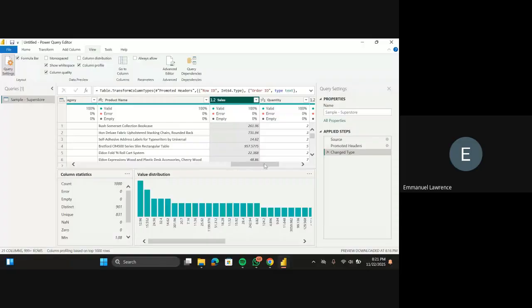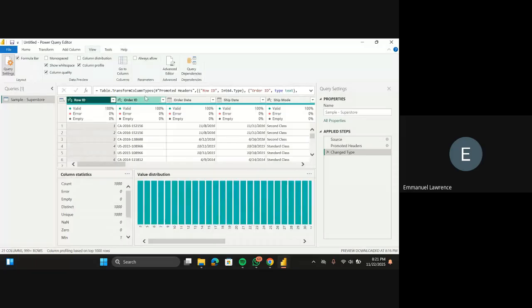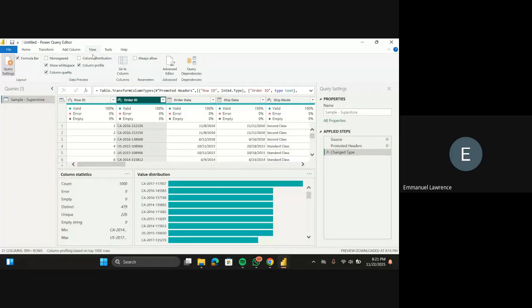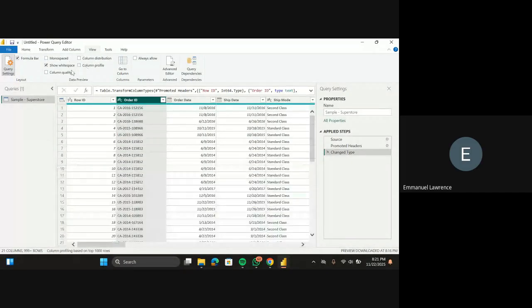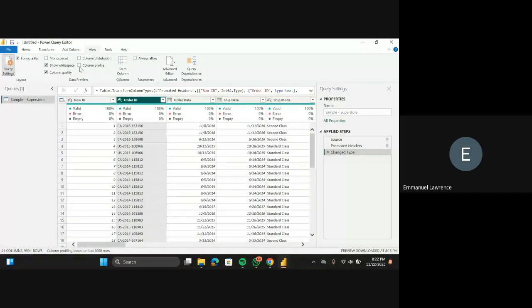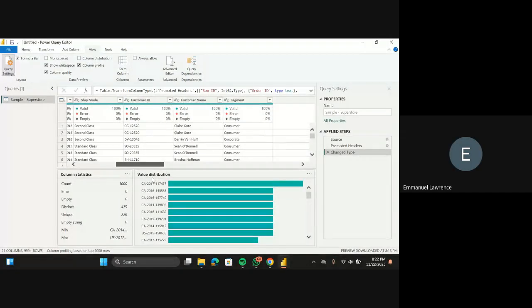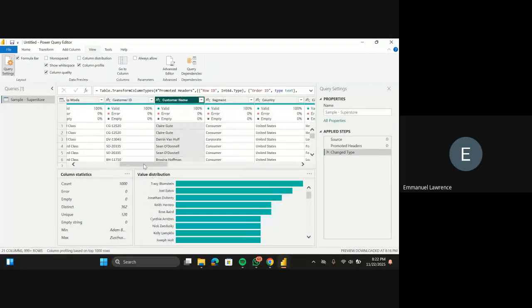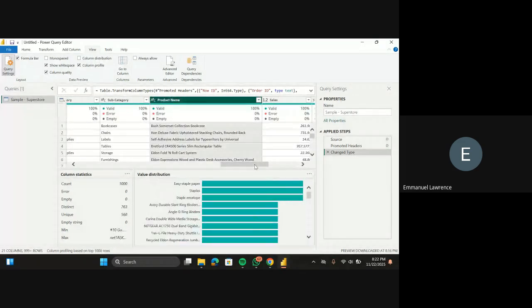Okay, I'm just performing the concept of profiling. I'm trying to check my columns to see if they are missing values or missing records. So you come to your View, and you go to Column quality and Column profile. Currently it may be unchecked on your end, so you check it. You click on column quality and column profile just to do a quick preview of your data. I'm checking if I have missing values or empty cells, but currently I have nothing.